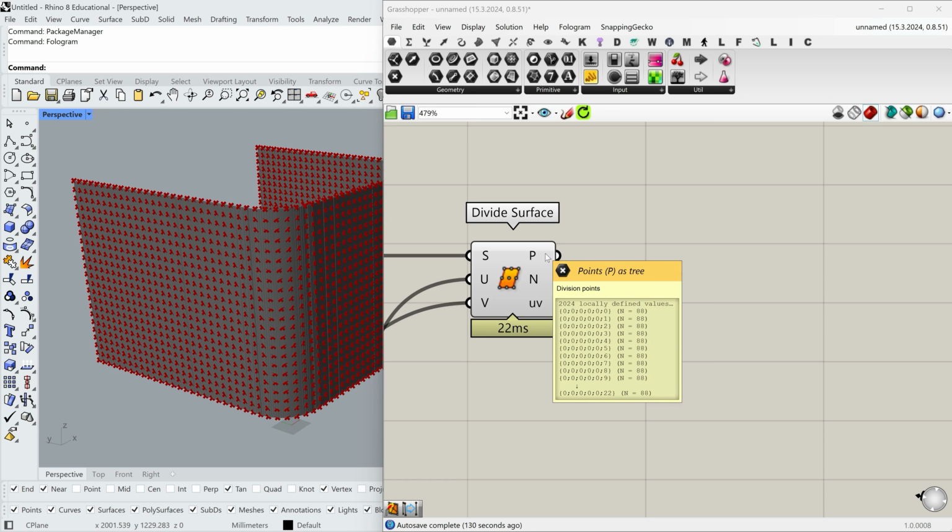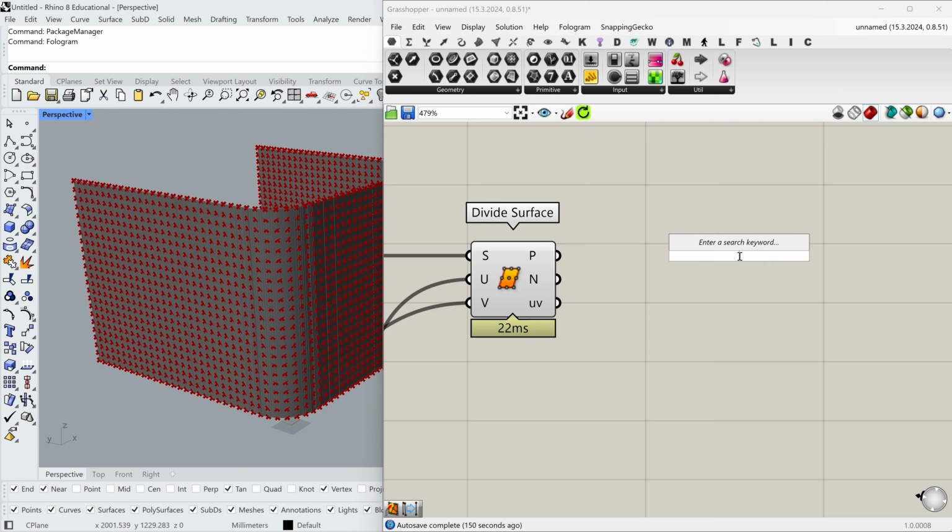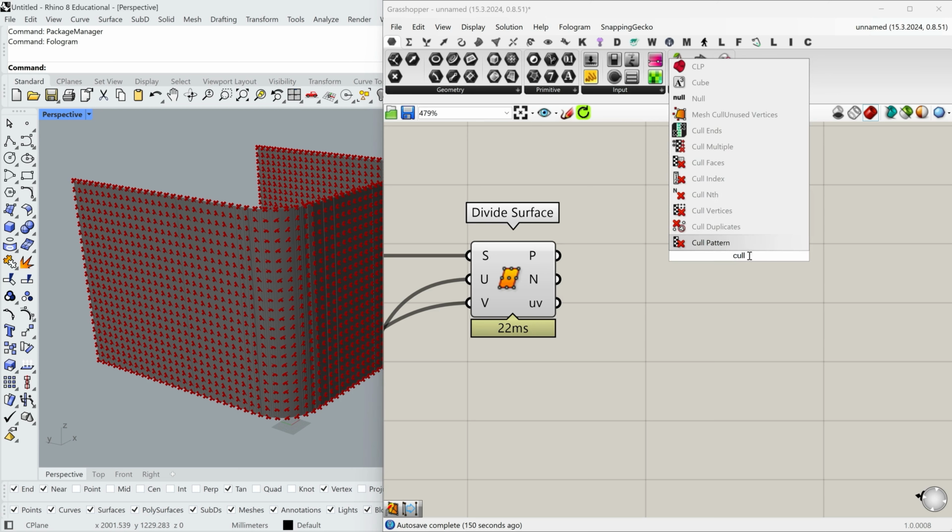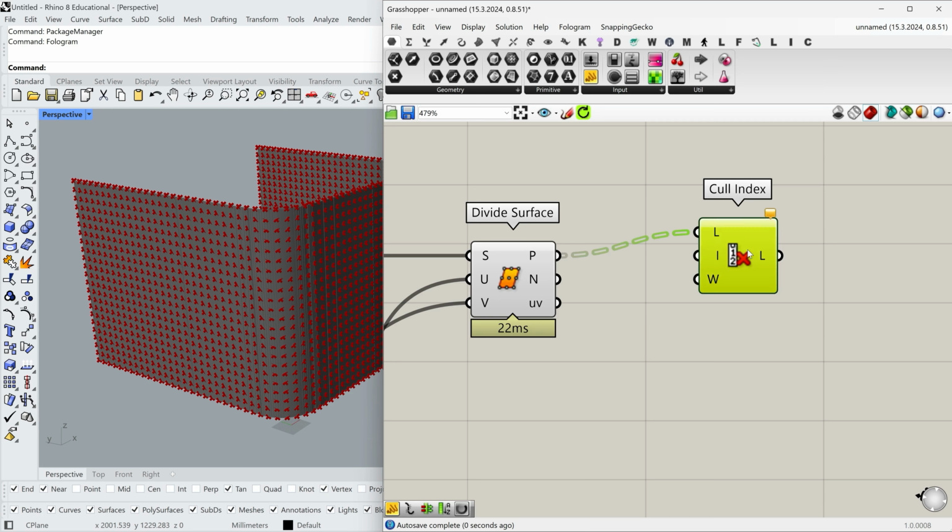Okay, in Divide Surface component, I have a lot of tree branches. And I'm going to remove first and last element in every branch. I'll use Cull Index to do that.